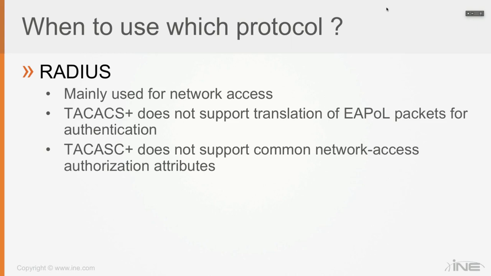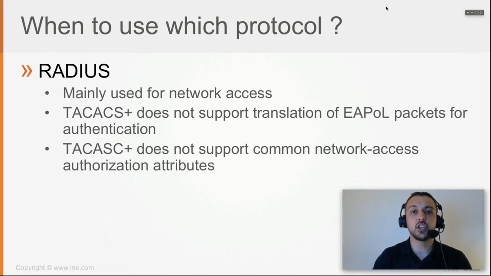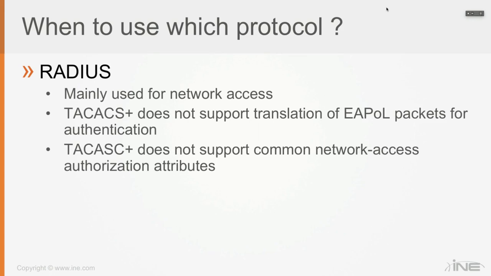So you cannot run .1x and have TACACS as an authentication protocol, because TACACS cannot translate EAP over LAN into TACACS. And TACACS does not support common network access authorization attributes. Like if you use TACACS as your authentication method, TACACS cannot return over SGT or MACsec or split tunneling policy as authorization attributes. So that's why primarily Radius is used to authenticate, authorize an account for network access requirements via VPN, Wi-Fi, or